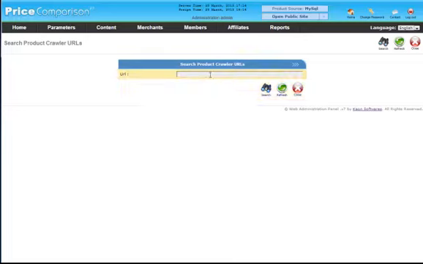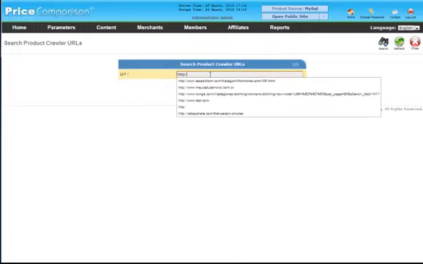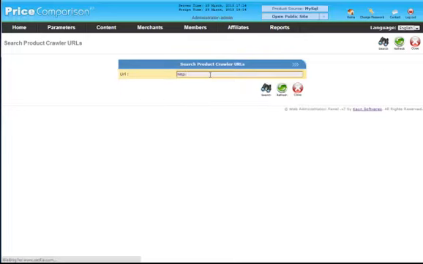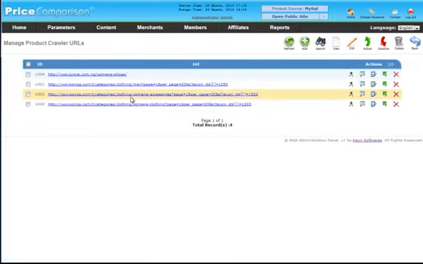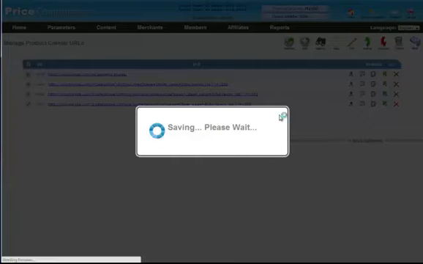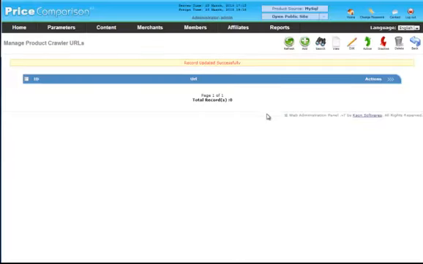What I'll first do is search for existing crawlers. I don't want to confuse myself with already existing crawlers, that's why I'll search for all the crawlers that are already in the system and deactivate them, so that when a crawler is running it only runs for my settings. After that I'll click on the add icon,